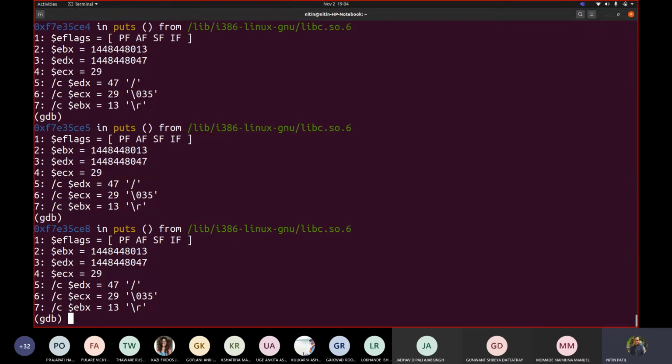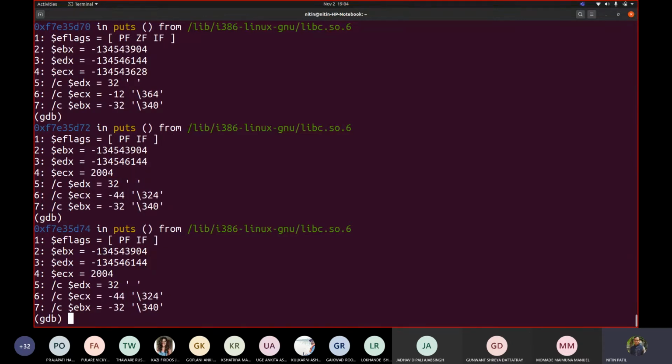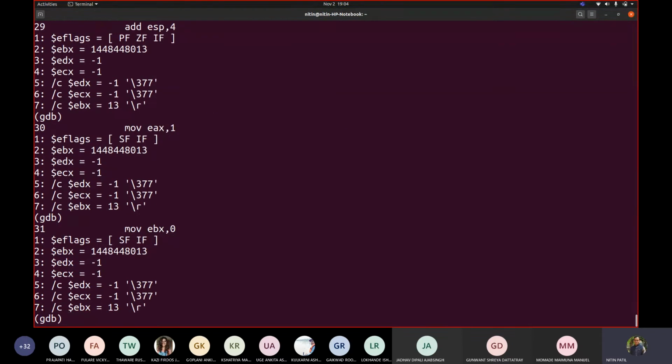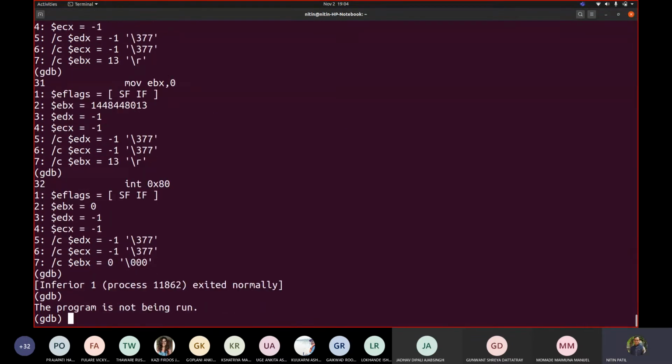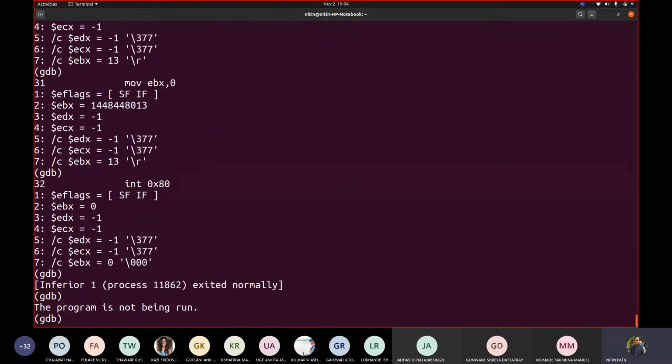And then it is printing that. So it is printing from the string, and now it is in that code of libc for puts. After the code execution is done, it will come back to our code and will execute the exit system call. So it is still there in puts. You can see the changes in address. Yeah, it came back. Fine. If you see, it already displayed the output, like strings are not equal, above somewhere, or it would be flushed somewhere. Fine. So this is how this code worked.